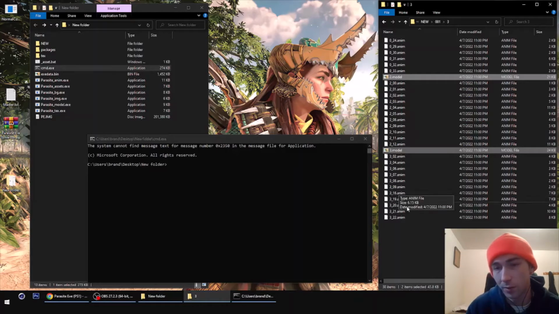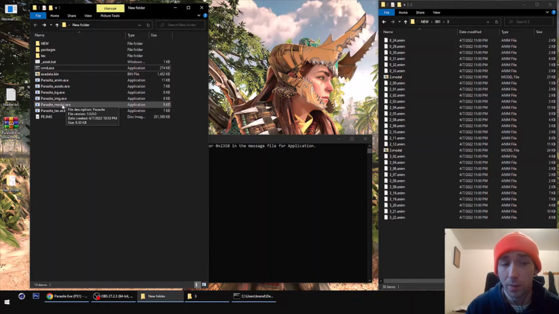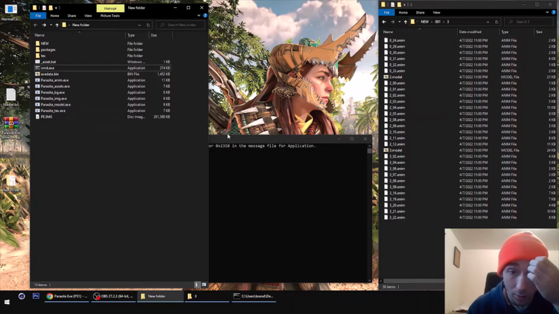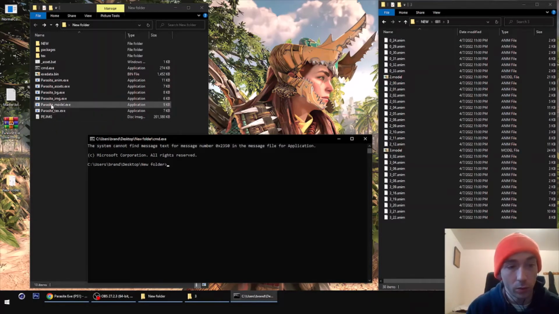It's a little easier to see what's going on. For this one, we need the model exe, because that's different from the animation exe. They're both going to be used, but in a different fashion. So for this, we want to use the model, and then we